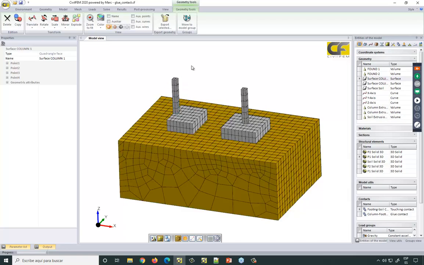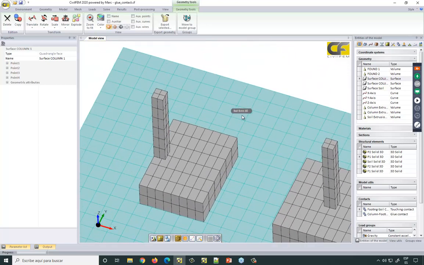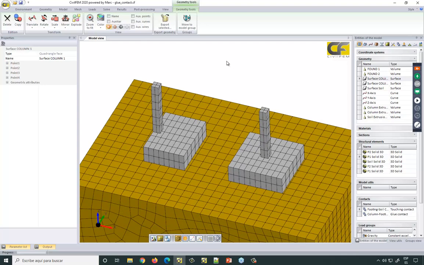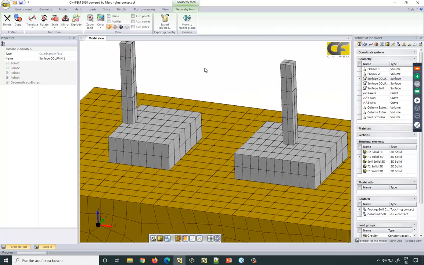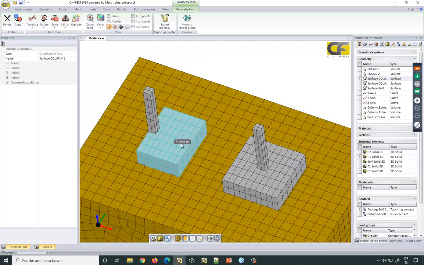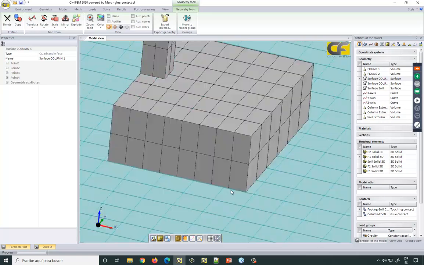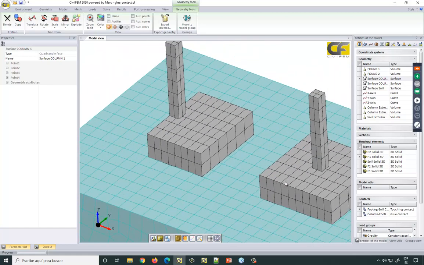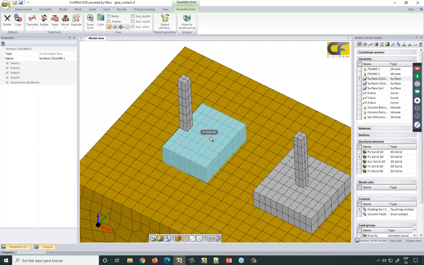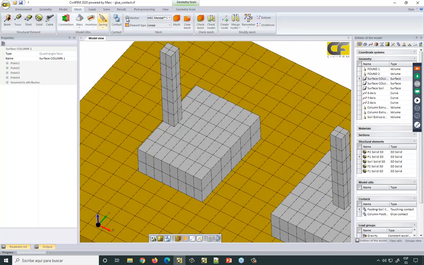So how to define a contact? Here in this example, we have defined two types of contacts, with or without friction, to join dissimilar meshes. As you can see, we have three main structural elements: the soil, the foundations, and the columns, and the mesh is not congruent. You can see that the nodes are not connected. If we want continuity in results, we must connect the mesh. We can create a congruent mesh and then use the merging of nodes,